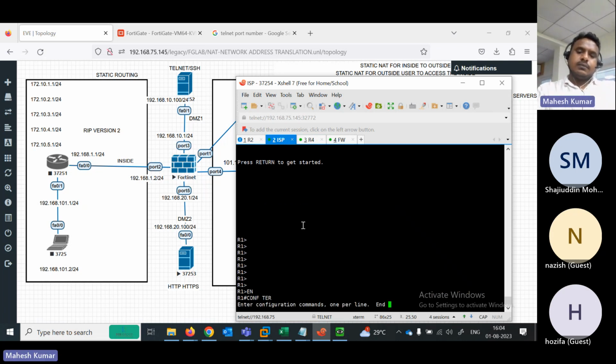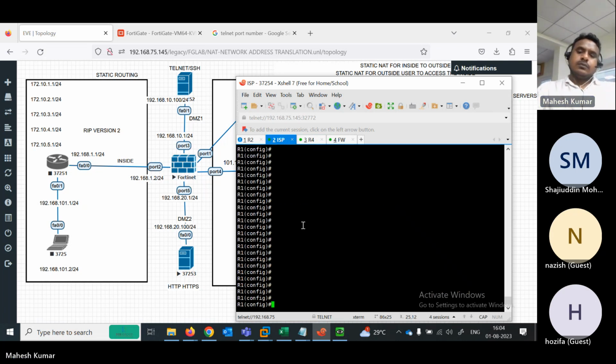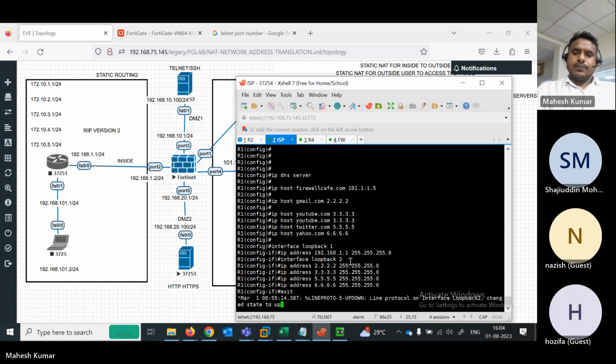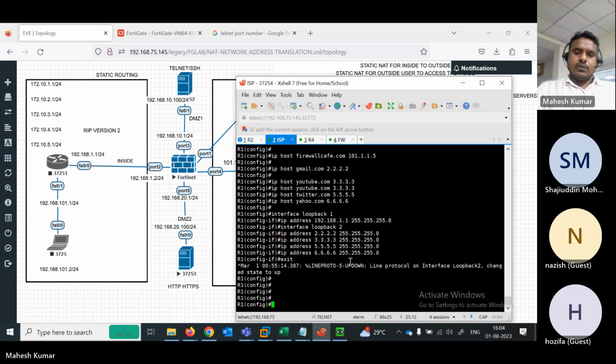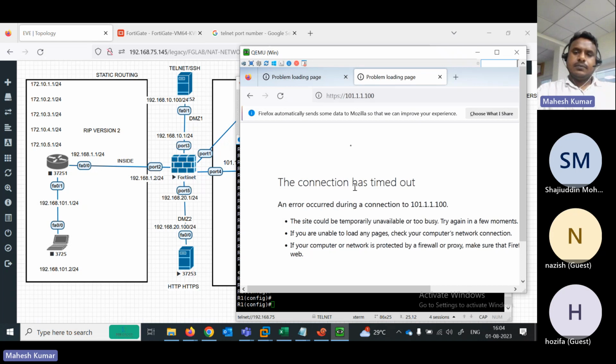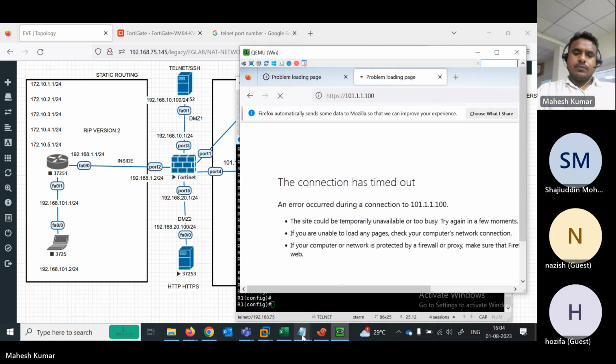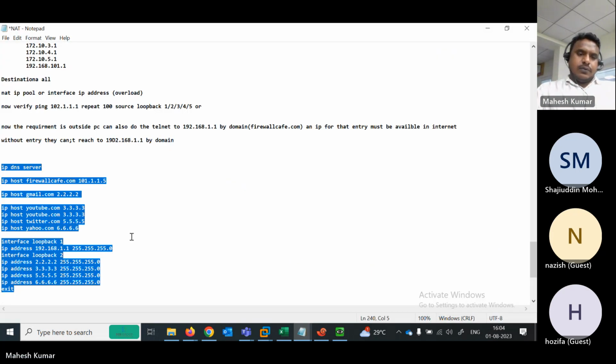Enable, configure terminal. It is sending to the... okay. Now try to hit. Okay, we can do one more thing. We need to create a DNS. So better, we can create